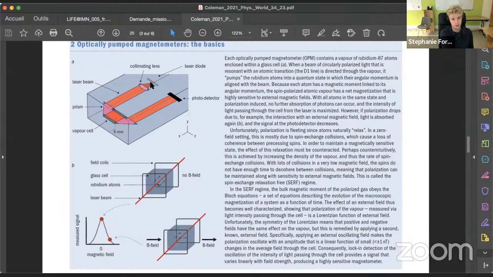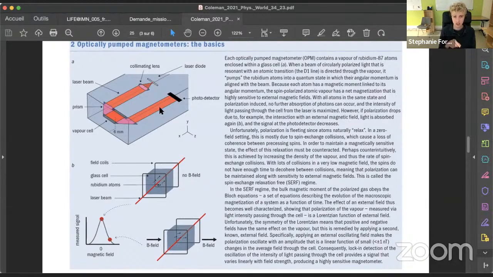And you then send a laser through them, that is a polarized laser, which will pump the atom. Well, I won't go into detail, because actually I wouldn't be able to explain much about that. But basically, what it does is that it aligns the atoms, the spin of the atoms, and when all the atoms have the spin aligned,